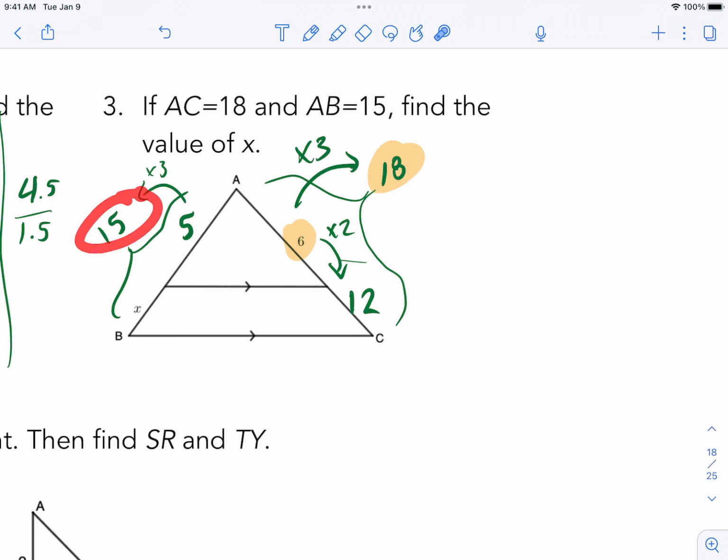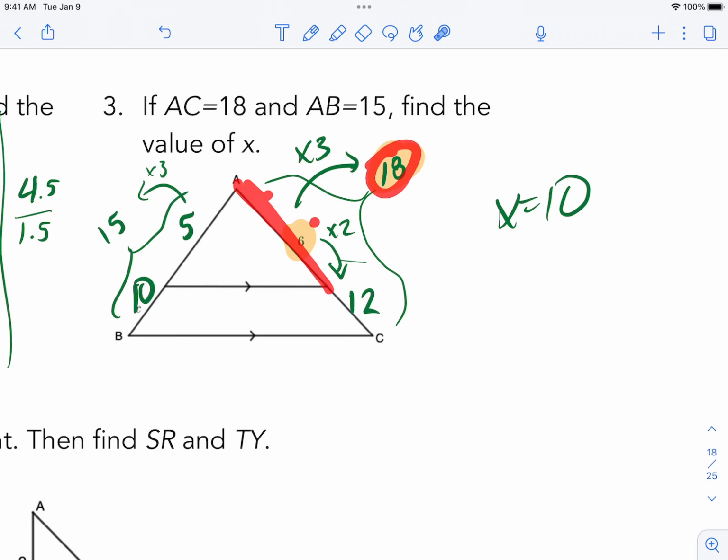So I now know that if this is 15 and this is 5, the whole thing is 15 and this is 5, then x has to be 10 here. Okay, so x is equal to 10. Sorry, I kind of lost my train of thought there, but the idea is that the relationship between this